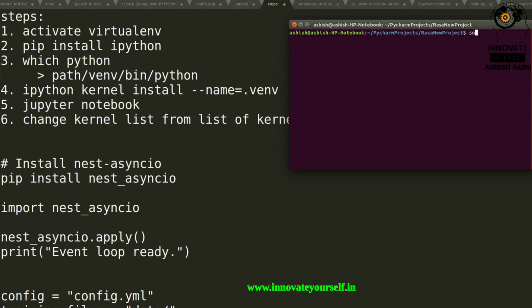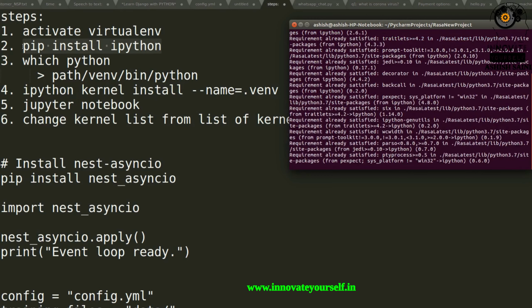For that, just type the activation command as per your operating system, whether it's Ubuntu, Windows, or Mac. Whatever it is, on the basis of that, just type the command. I'm using Ubuntu, so I'm activating by using this source. Let me just add it. So I have just activated the environment. Now into this environment, whichever you are using, you have to install IPython, which is interactive Python. Just type this command, paste it up and run it.